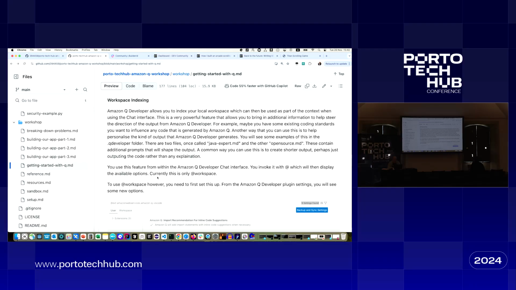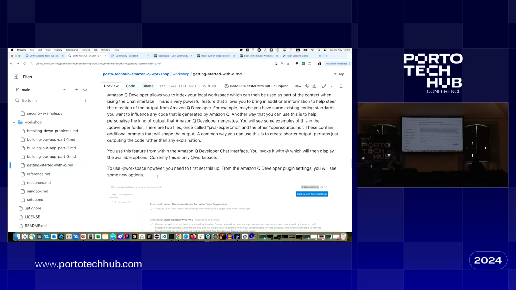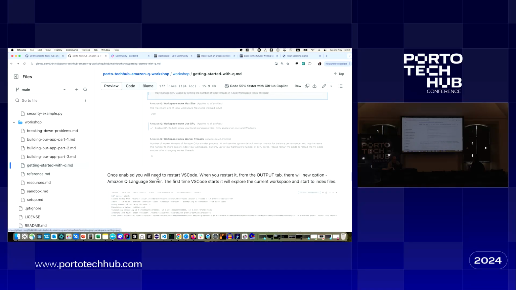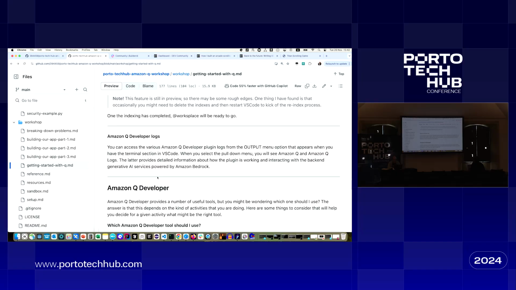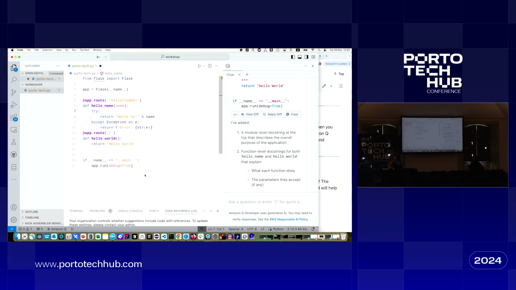Okay, and then I talked about workspace indexing and how it works. So I'm not going to cover this again. We are going to enable it later on. The next thing is around